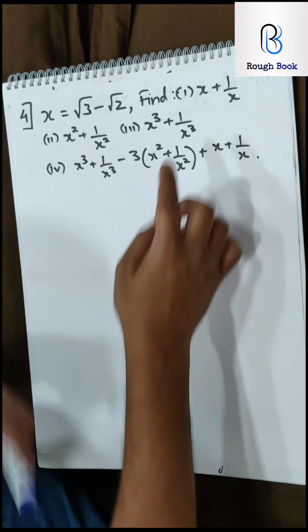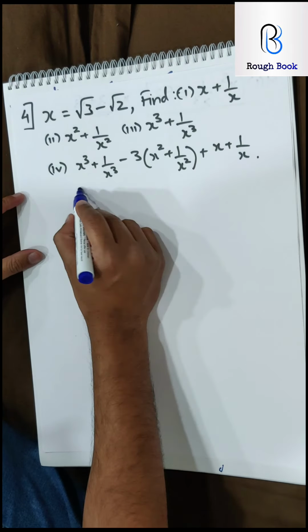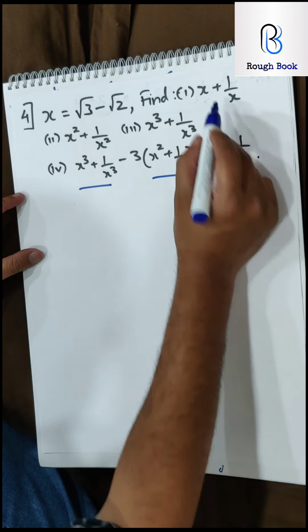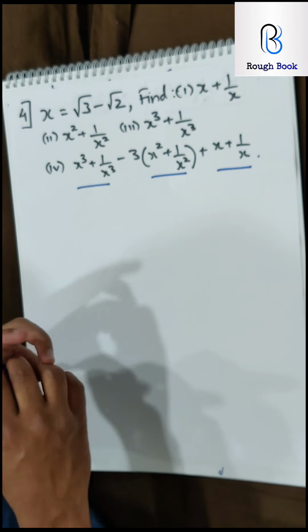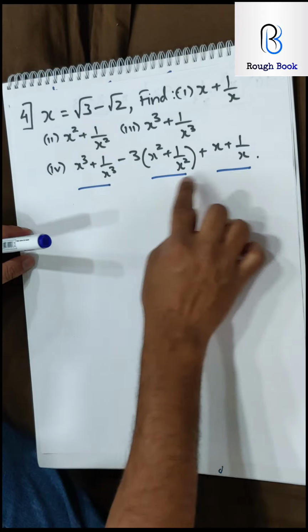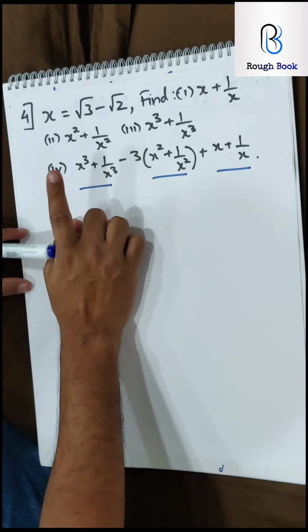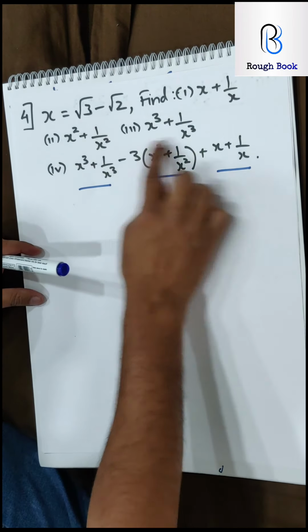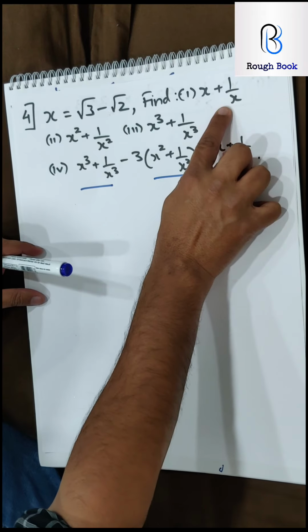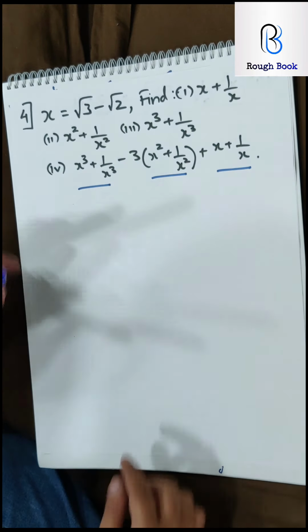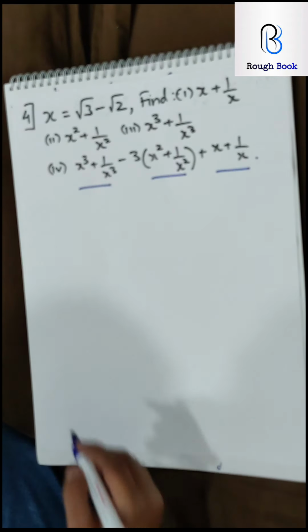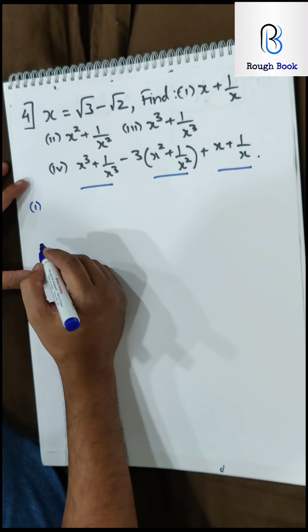Once you get all the three parts, if you notice here, the third part is here, the second part is here and the first part is here. So whatever your answers to the three parts will be entered here, and then you will get the answer to the fourth part. So the last one is dependent on these three. Okay, so let's hit it. You can stop the video, try it on your own and then always come back and verify.